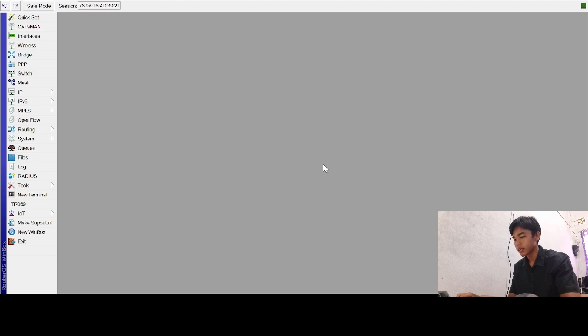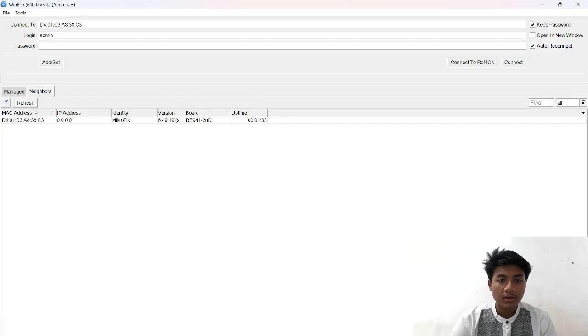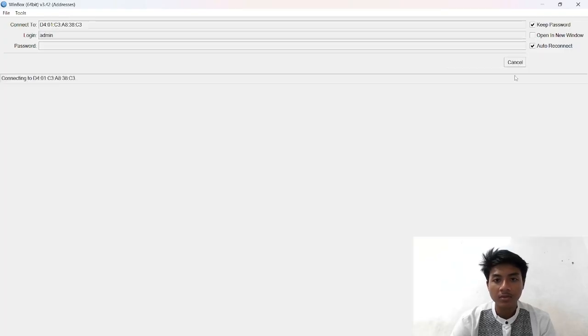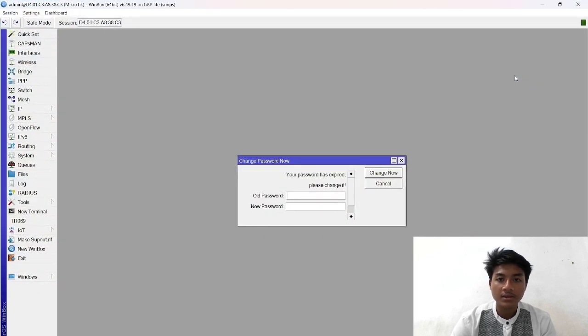That's all for the configuration on router 1. Next, I will pass it to my colleague Faik, who will continue with the configuration on router 2. In this case, first I log in to the router using Winbox with the MAC address. You can follow my steps.